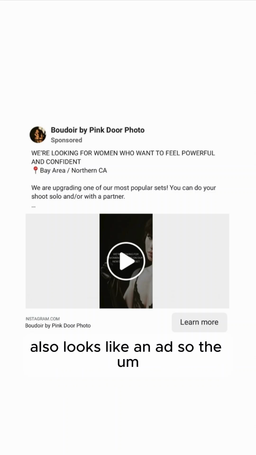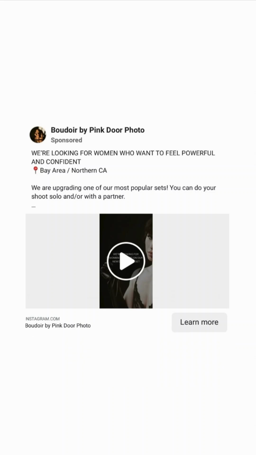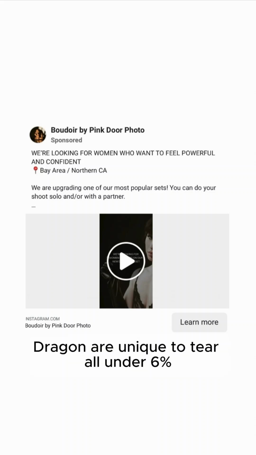So the consequence of this is way, way, way more women scrolling by our Boudoir Facebook ads than necessary, dragging our unique CTR under 6%